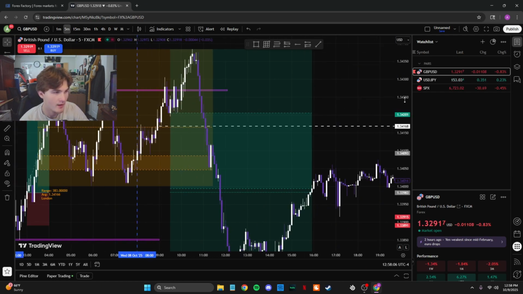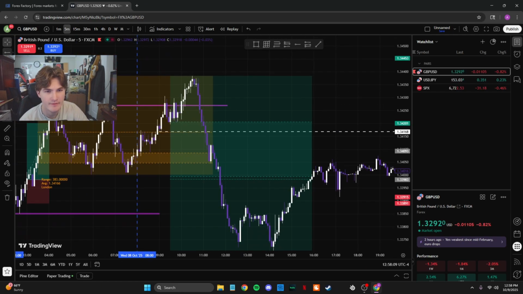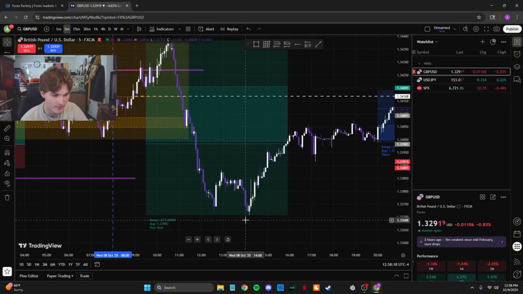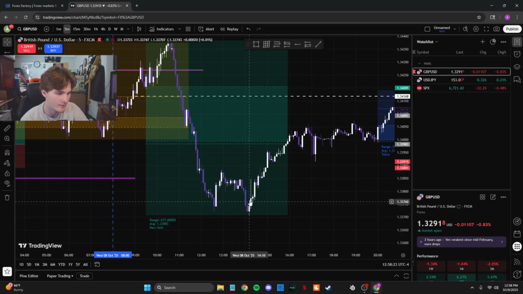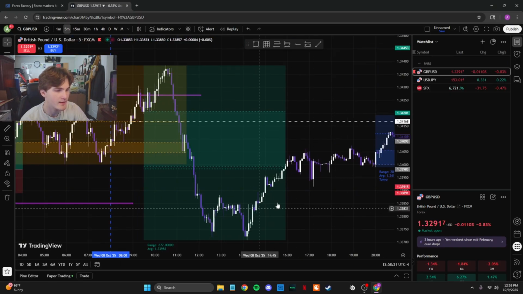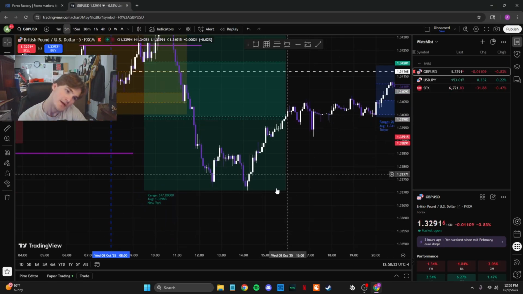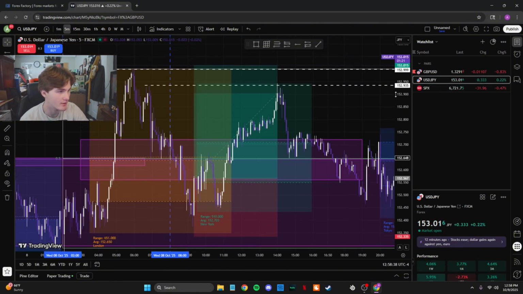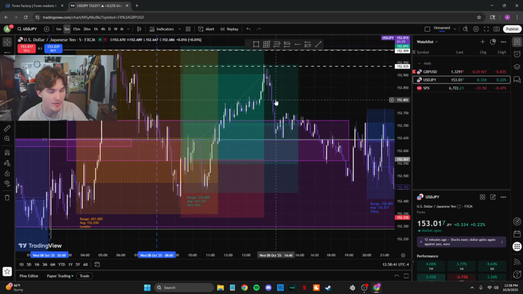So, could have taken a break of structure to the downside right here yesterday middle afternoon, about 11 to 12 o'clock. However, this is where FOMC comes out, 2 p.m., right? And this is where you could see the bias switch. Boom, this spike is probably a part of news 15 minutes later, and then it's starting to rally and come up. So this did good because it was bad for currency, and we can see that over here on our UJ trade, our USD JPY trade.